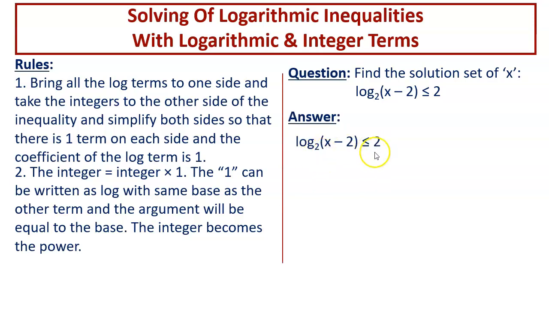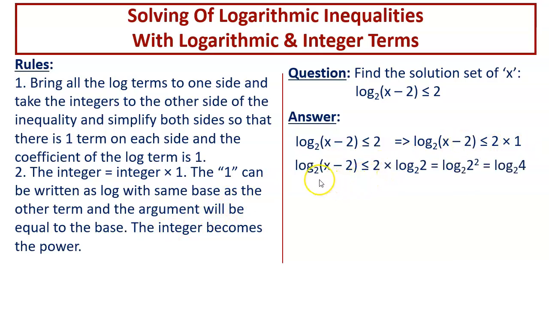So we will be writing 2 as 2 times 1 and in place of 1 we will be writing log with the same base as the other term. The other term is having a base 2. So the base will be 2 and the argument will be equal to the base. So it will be log of 2 to the base 2. So this is log of x minus 2 to the base 2. The left hand side remains as it is and the right hand side is 2 times